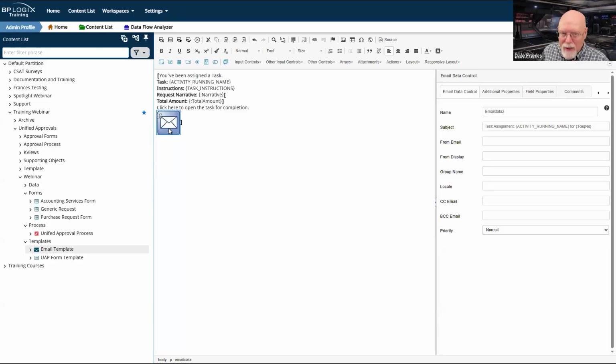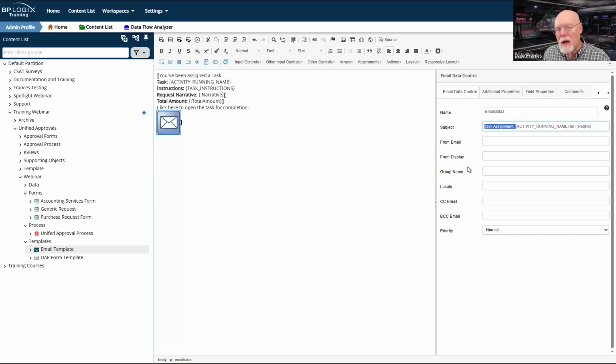I'm going to keep that here because I have explicitly titled this section of the email task assignment, and I'm pulling the activity running name and then passing in the request number. So I do need, because my subject is going to be unique, especially because it is specifically a task assignment, this section is going to need its own email data control.